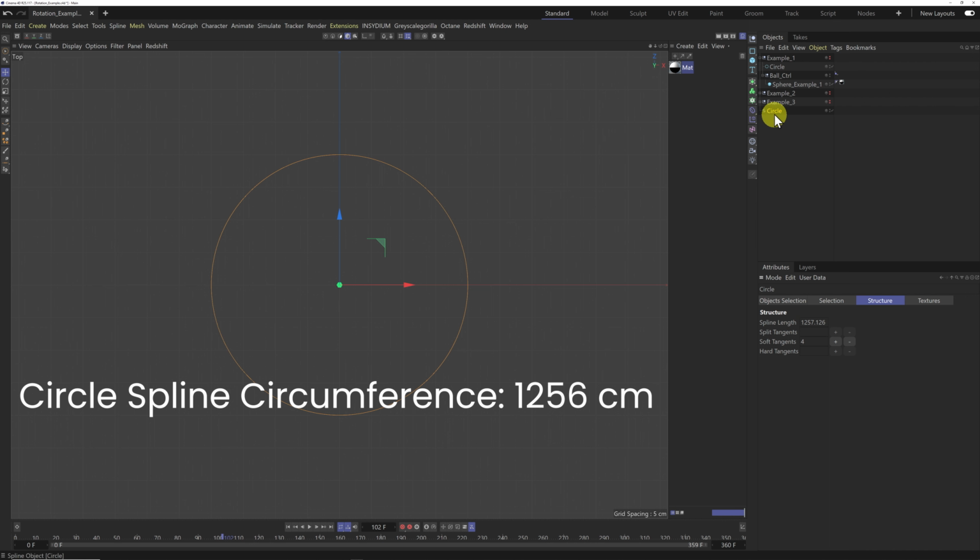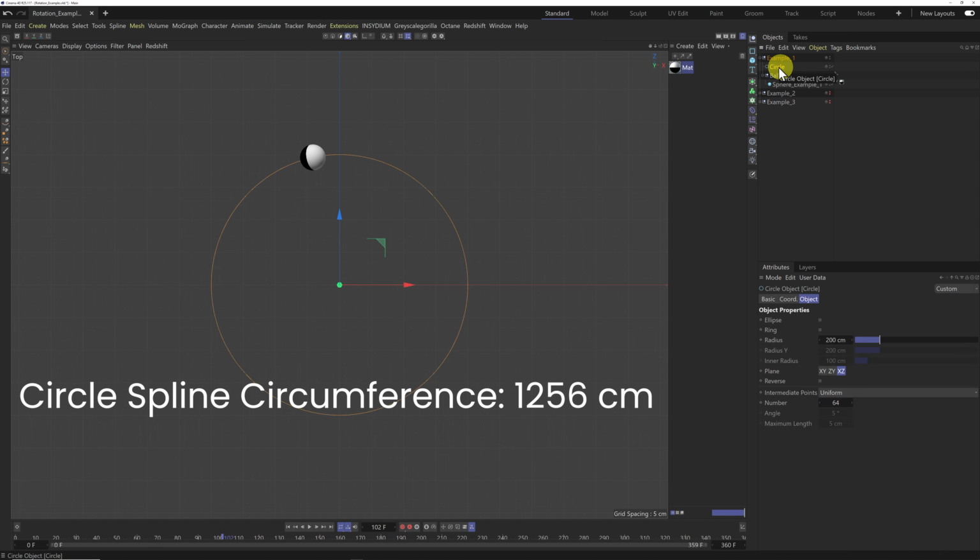So when you're creating your circle and you need to make it editable and you need to find out the distance of that spline, make note of the radius and diameter, and then you can work out the actual circumference of that circle. If you go by this figure here, this is going to be completely wrong. Okay, so I'm just going to delete that there. I'm going to turn our example back on. So we now know the circumference of the circle, which is